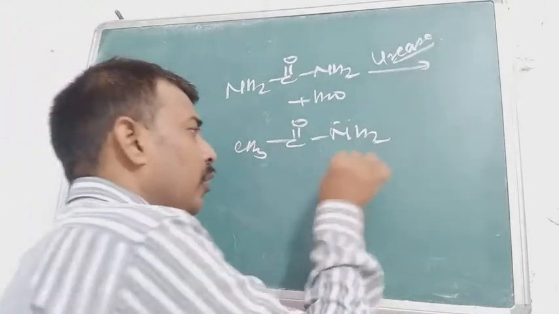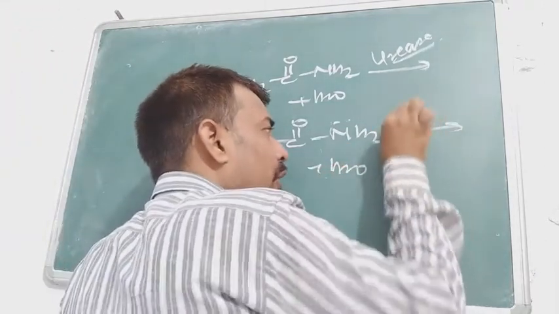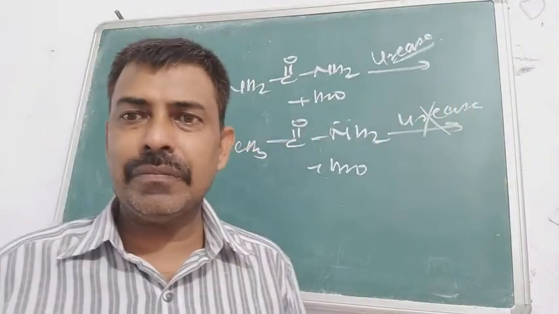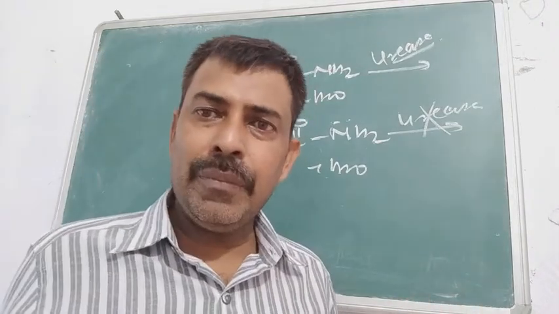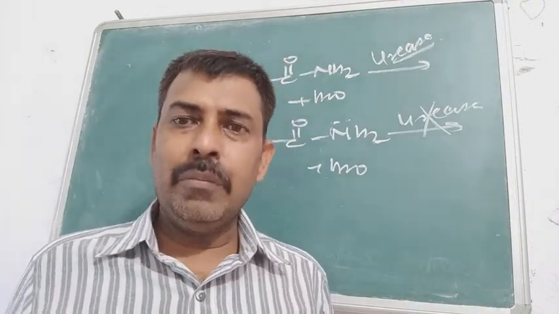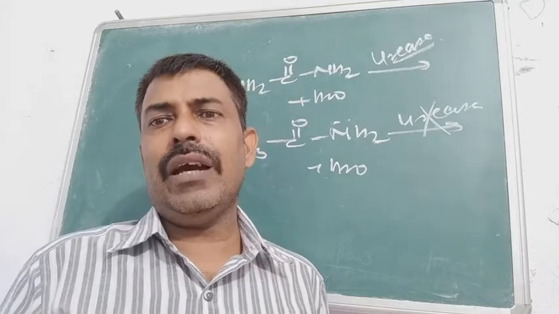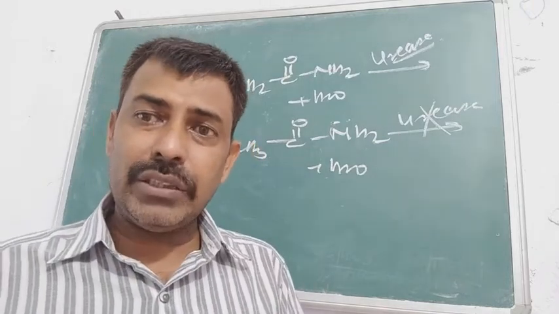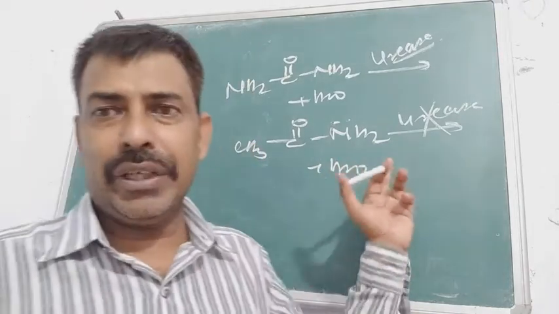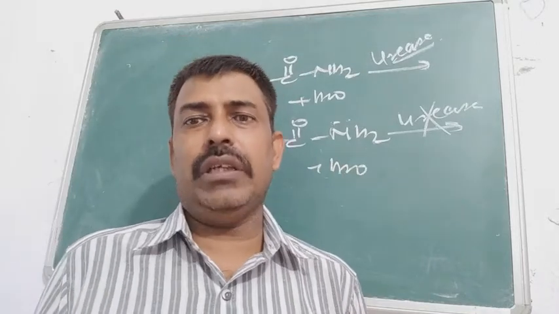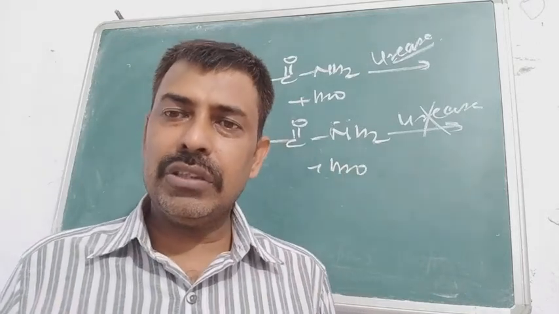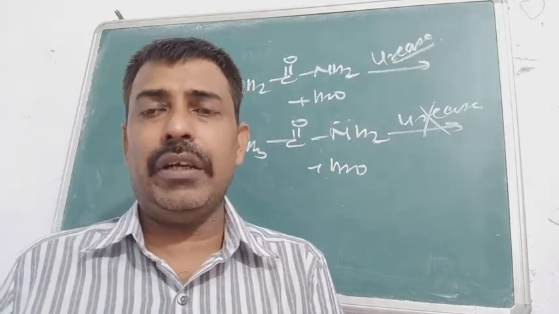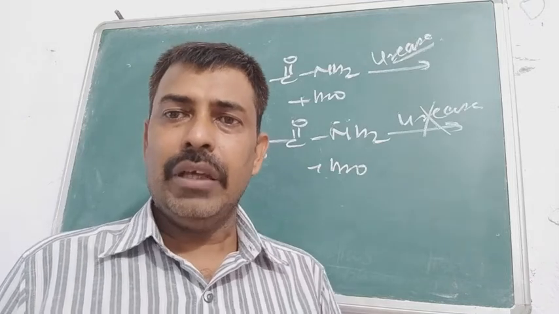So when you hydrolyze this substance using urease, you will find it is ineffective in this case. Even though both have the same functional group and the same molecular mass, they are not identical, and this is the reason why urease is not capable of hydrolyzing this one. This is the specific nature of enzymes. It explains that enzymes are capable of catalyzing only a specific reactant. No other reactant can be catalyzed by the enzyme.